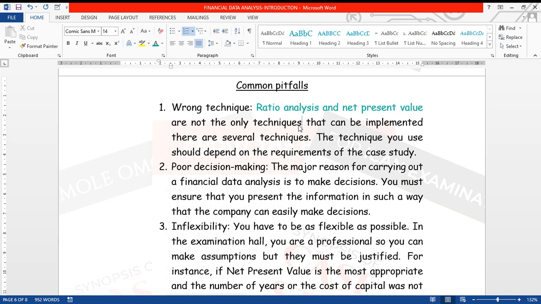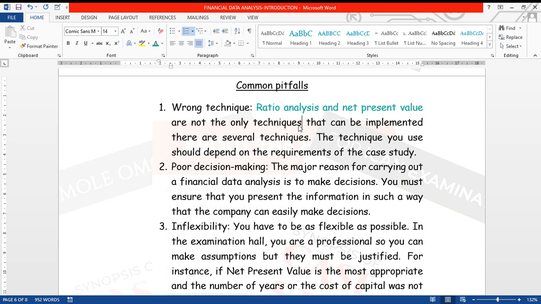If they don't give you the parameters that you need, would you formulate or assume parameters? Yes, you're doing a case study exam, and as a professional accountant, you can make assumptions. Yes, but the assumptions must be realistic. You will not make assumptions by ignoring what the company gave you, ignoring what the examiner gave you, and then formulating your own. It's a different thing.